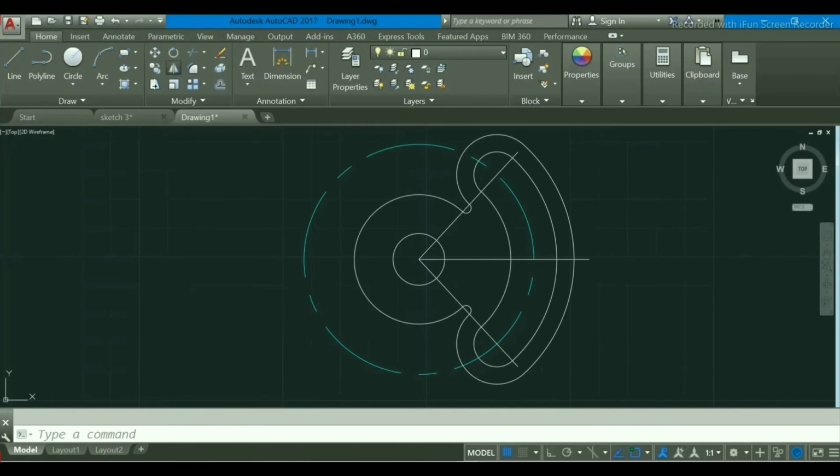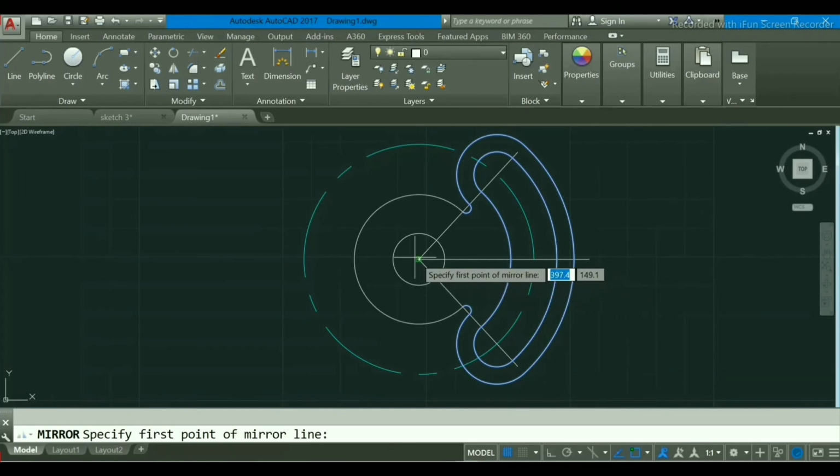Escape, select mirror, select all the entities that we want, and press right click.